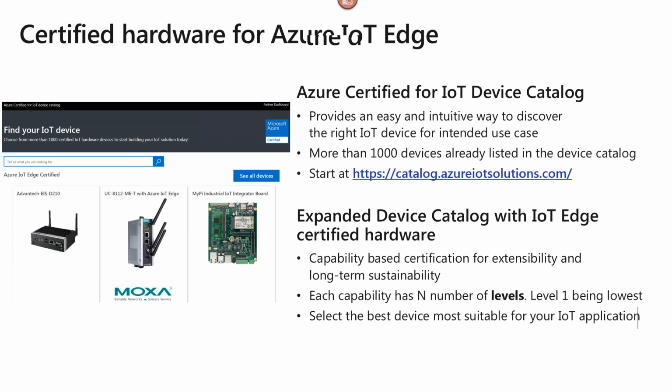Let's talk about where you can find that hardware. We have several Moxa devices, or we'll have several Moxa devices, highlighted in our online catalog where you can sort through and find various devices. You see an example here of the UC8112. That catalog is constantly updated and will have several devices as they become Azure IoT Edge certified. We worked with Moxa to have one of the very first Edge certified devices. You can find that online today. There's the URL of where you find those devices.